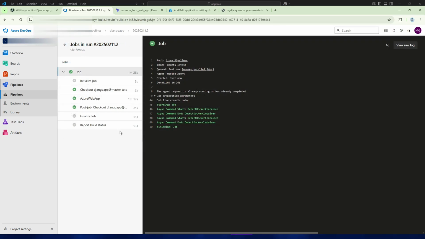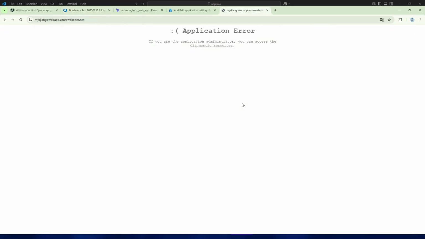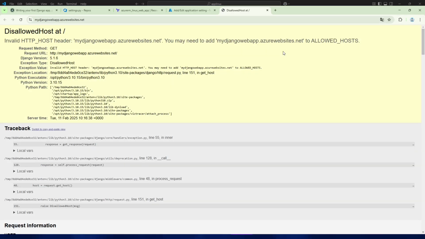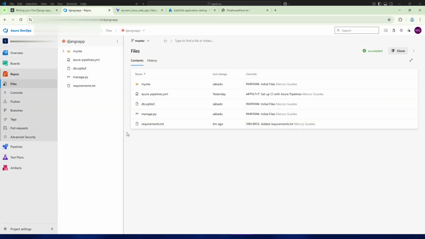Now go back to Azure App Service and refresh this page. Okay, the Django application is working, but it will be necessary to add the URL to the allowed hosts variable. Copy it, go back to Azure DevOps, and under the folder that you configured for your application, you can see this file settings.py.